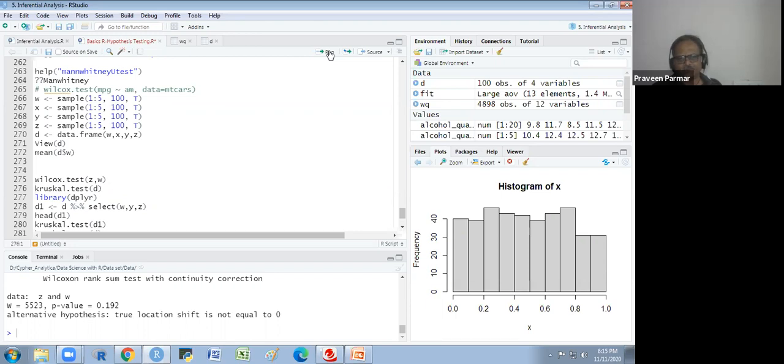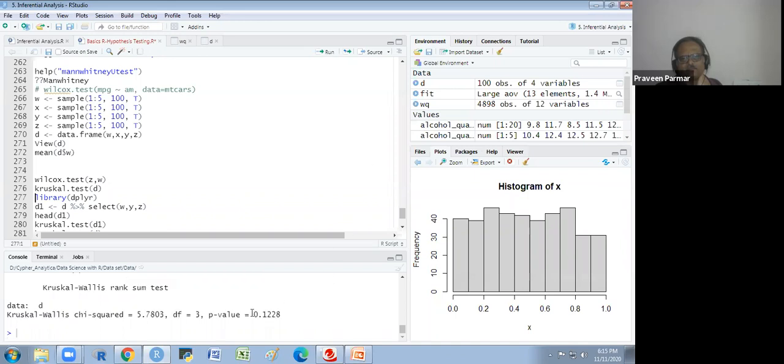Got it? And if we have to perform the Kruskal-Wallis test, it is just like ANOVA. If there is a significant difference in only one, then it will show there is a significant difference in the group. So there is no other way we have. Otherwise, we perform the Wilcox test pairwise, and we use the Kruskal-Wallis test. So I am performing the Kruskal-Wallis test, the p-value is 0.12. So it is also that the p-value is greater than 0.05.